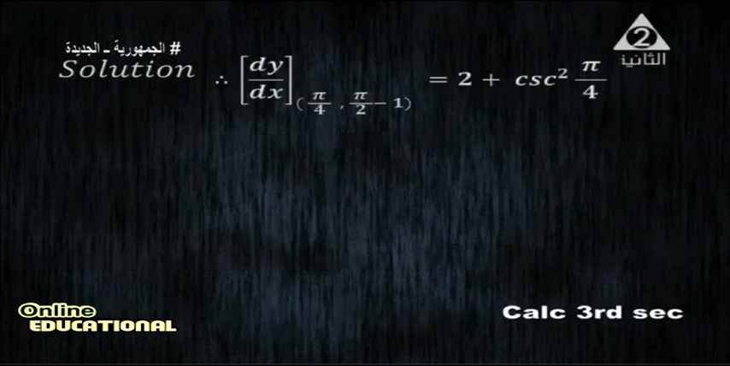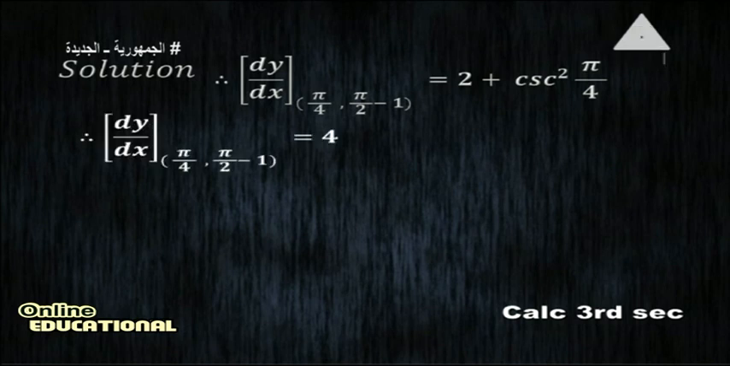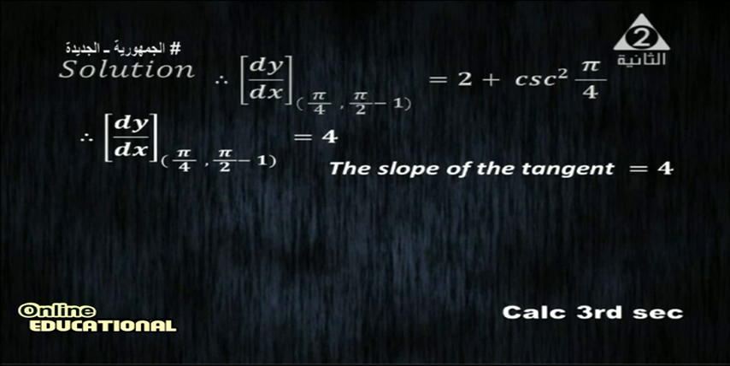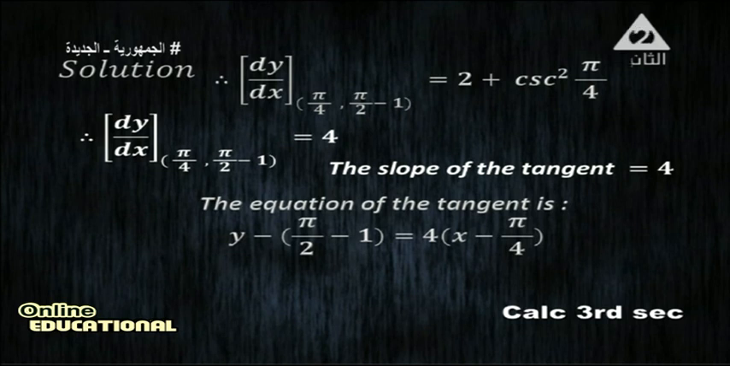Now, what is the slope of the tangent at the point (pi over 4, pi over 2 minus 1)? We substitute in the slope function, which is 2 plus cosec squared x, at the point (pi over 4, pi over 2 minus 1). Then dy/dx equals 2 plus cosec squared of pi over 4, then dy/dx at the point equals 4. Now we have the slope of the tangent equals 4 and the point is (pi over 4, pi over 2 minus 1). Then the equation of the tangent is